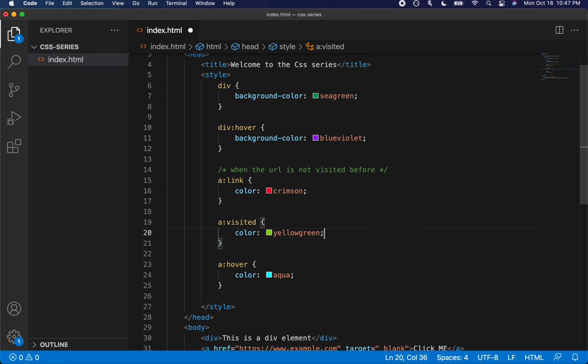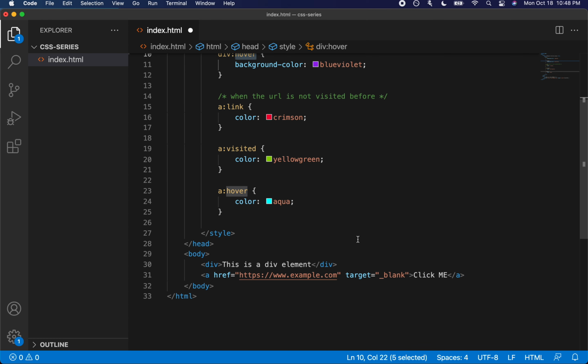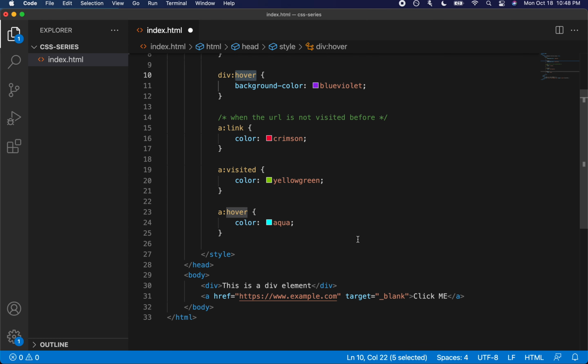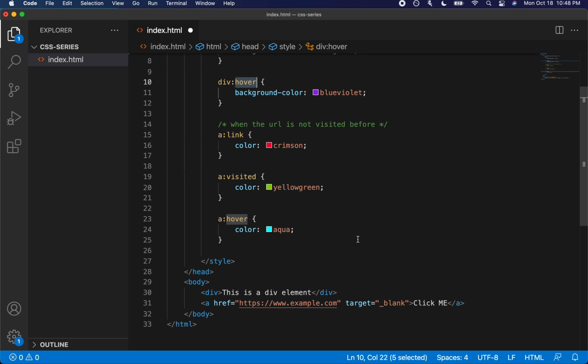The most commonly used pseudo class is hover. It adds some sort of interactivity to HTML elements without the need of any programming languages like JavaScript. So that's what the pseudo class offers within the HTML element.